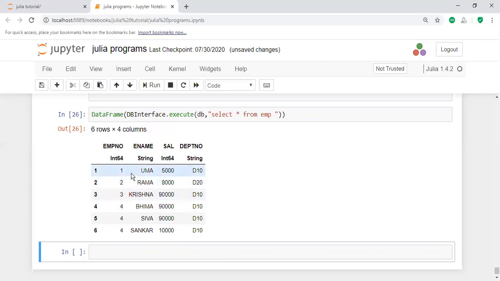Number 1 has a salary of 5,000. For number 2, I'm going to write a subquery: select all employee details whose salary is greater than employee number 2's salary.